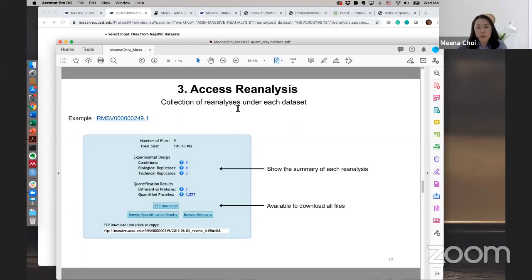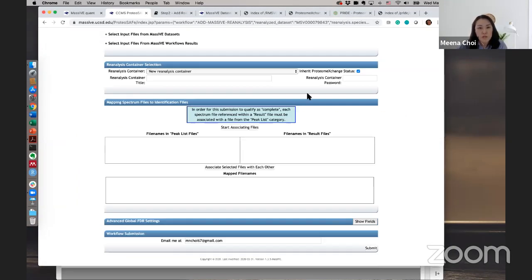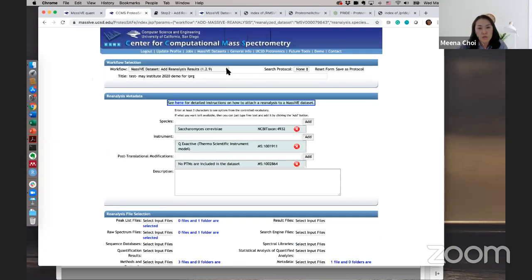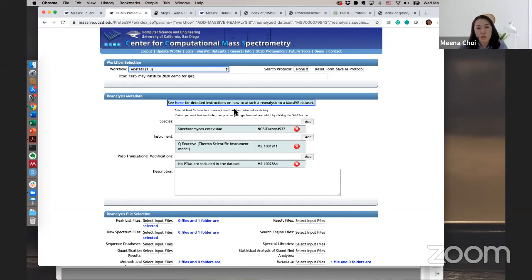So as I shortly mentioned, you can access each analysis, and for each analysis you can see a summary. Plus, if you click the FTP, you can download all the files. And then, as I briefly mentioned, for the MSDAT workflow, you can select MSDAT here,